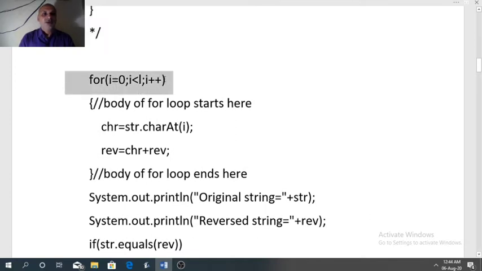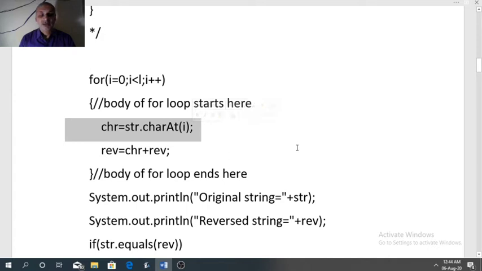For I equal to 0, I less than L, I plus plus. It will extract each character's index. CHR equal to str dot char at I. CHR will store each character of the given string. So one by one we need to extract the characters.